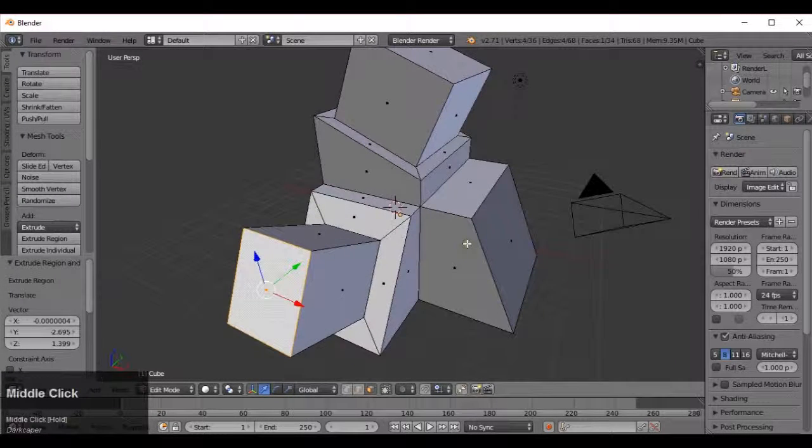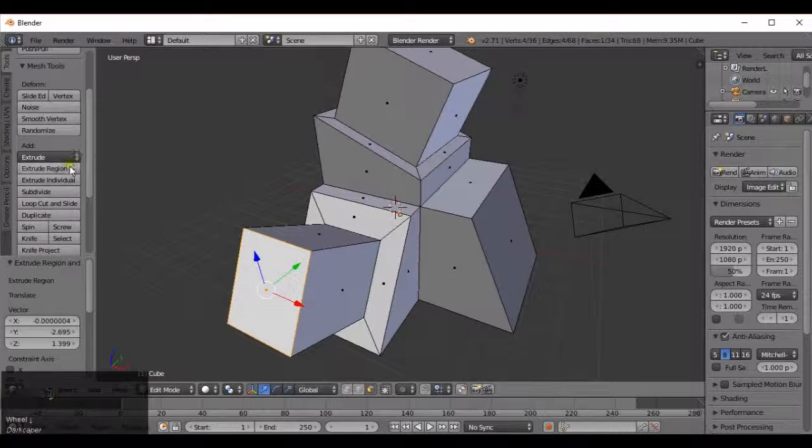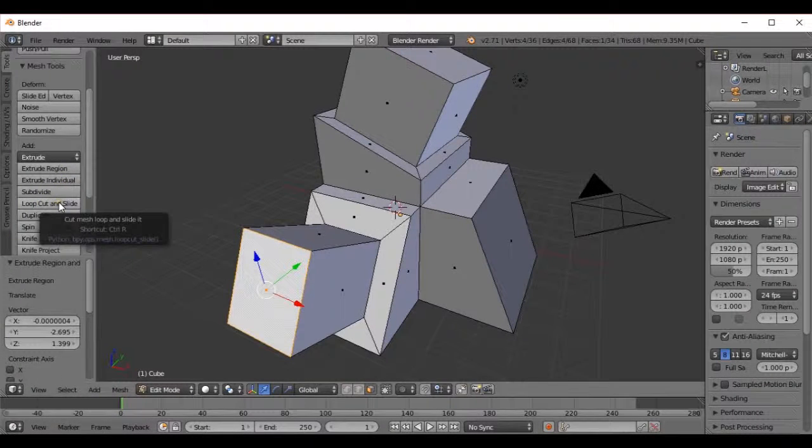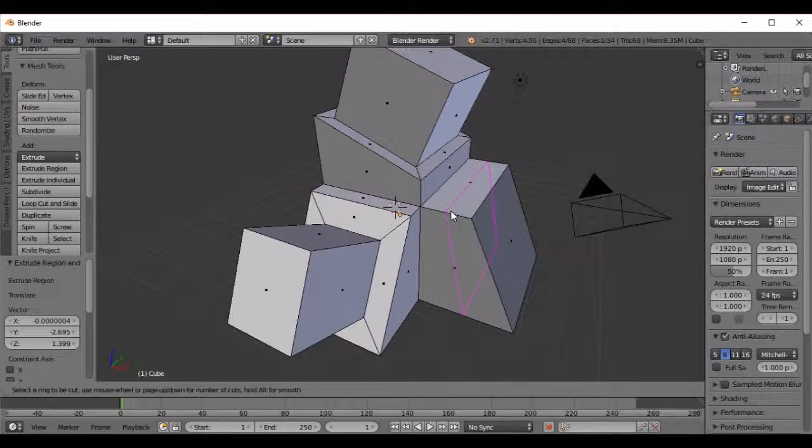And finally, the last tool we're going to look at is the loop cut tool. So in Tools, up here, if we scroll down, we'll find one called Loop Cut and Slide. Left click that, and then hover over the mesh, and then you'll see these purple lines appear. By hovering over the black edges, it will change the position